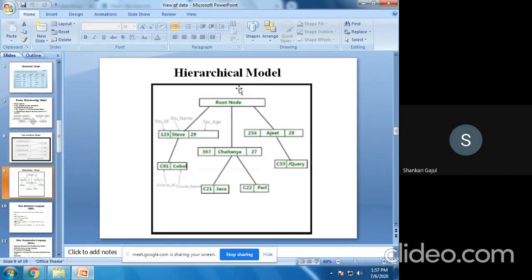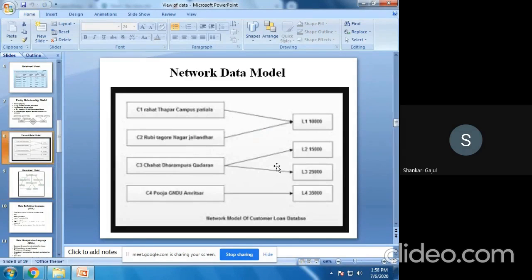Okay. Now the last data model is the hierarchical data model. So what do we mean by the hierarchical data model? This hierarchical data model is a little bit similar to the network data model. Now in this diagram, the links and the records are present. Each record is pointed to the next record. So it is similar to the network data model, where each and every record makes a relationship via a particular link or pointer.